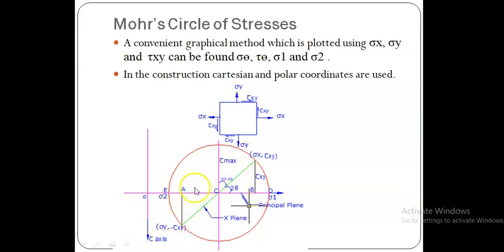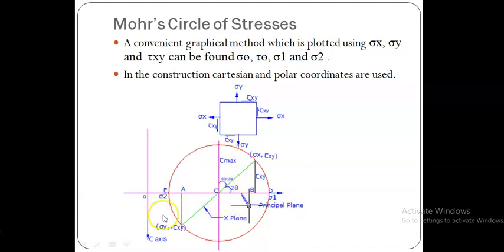Next, if we want to find the tau max here, this is the maximum shear stress. From this Mohr circle, the sigma 1 and sigma 2 can be identified easily. The two points at which the circle cuts the x-axis, when y equals 0, are to be taken as sigma 1 and sigma 2, and you can also verify the formula like that. The center is at sigma x minus sigma y by 2, like that you can substitute and find it.